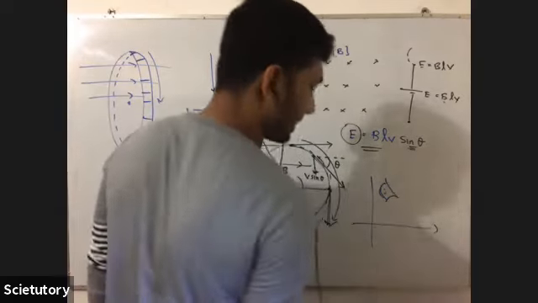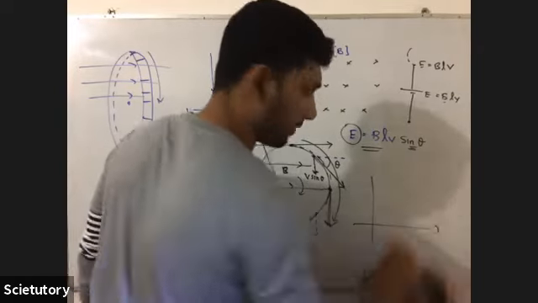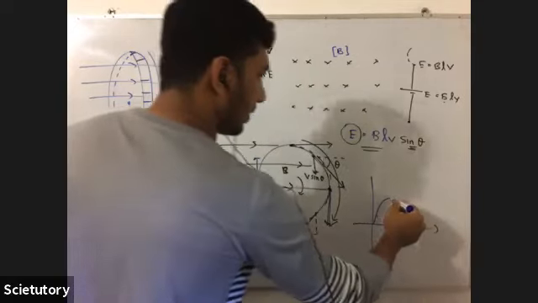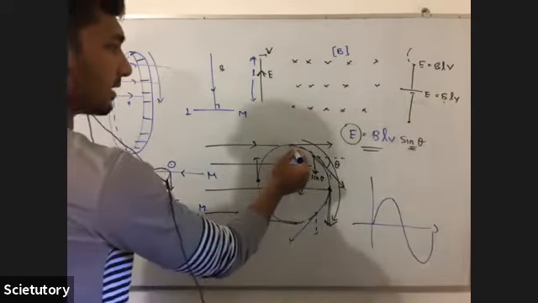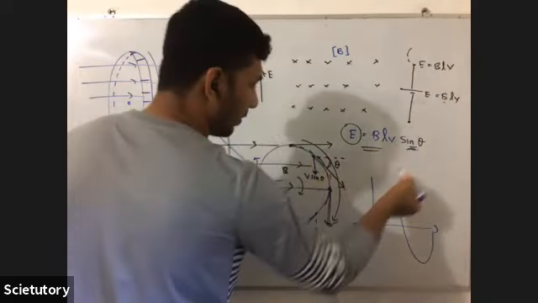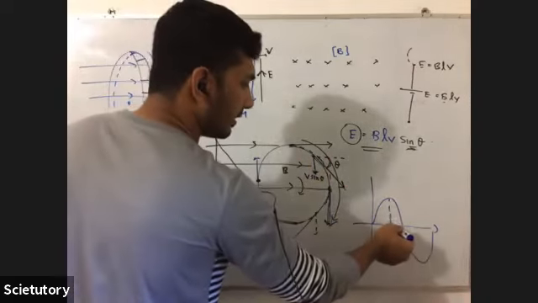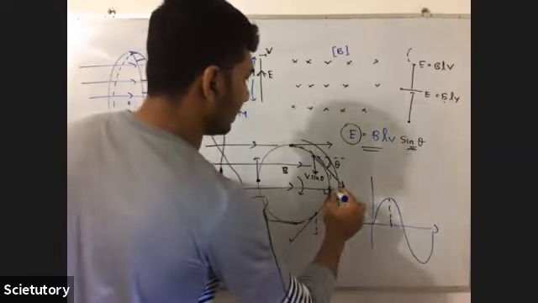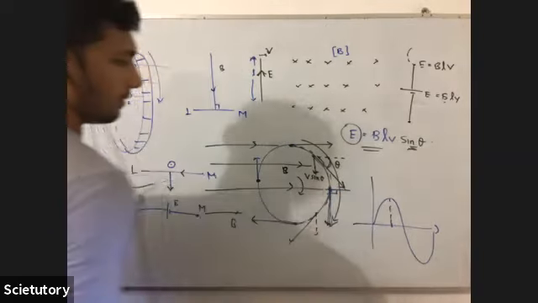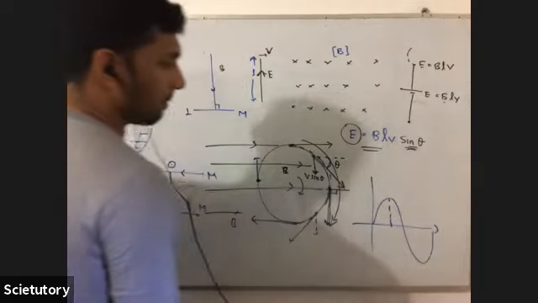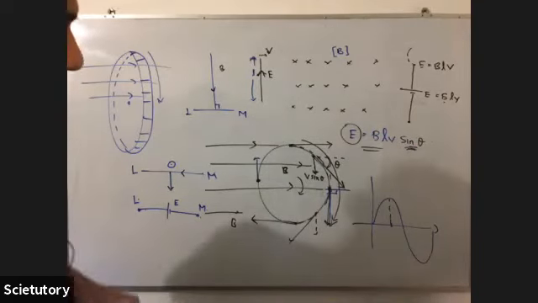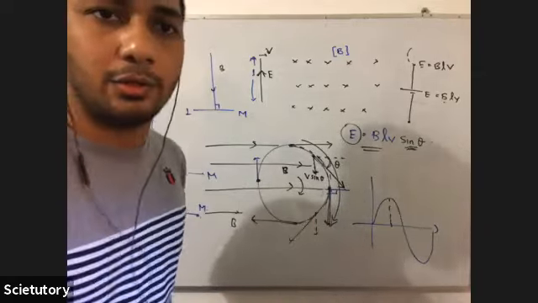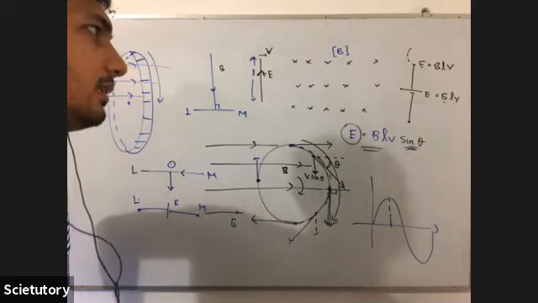So the variation should be like sine, and for the initial half, from here to here, it's in the positive direction, and the next half it's in the negative direction. And here it starts as 0 because theta is 0, and at this point at 90 degrees it is maximum because theta is 90 degrees. No, not this theta, this theta. 90 degrees, so sin theta is 1. That's all, those are enough to find the answer. Are you all clear about this?